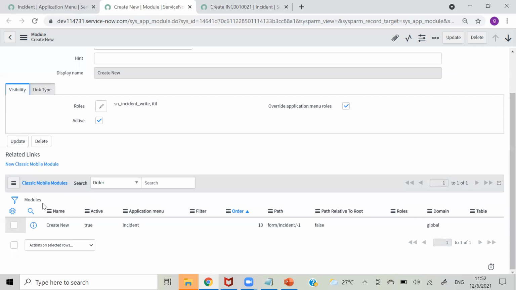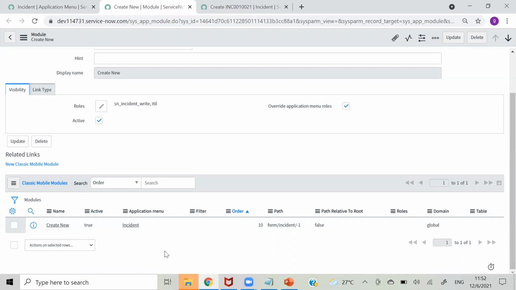So that is about modules, and in that we have classic and mobile modules. If you are working on any mobile application, like even ServiceNow can create mobile applications, here we don't need any Android or anything, but we can create ServiceNow applications for mobile. So we call that mobile modules.